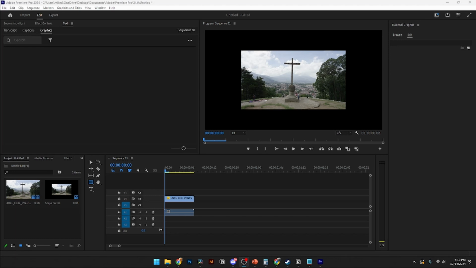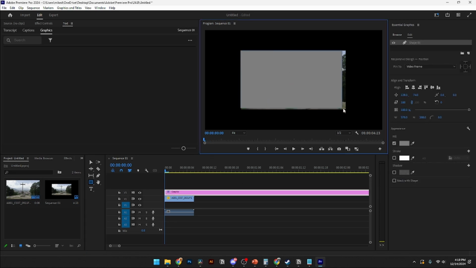In this video, I'll be showing you step by step how to add a border to a video inside of Premiere Pro. So the first thing you need to do is go over to the rectangle tool and select it on the menu screen. Then from here you need to add the rectangle tool onto your display and select the entirety